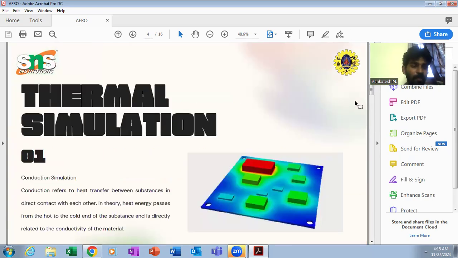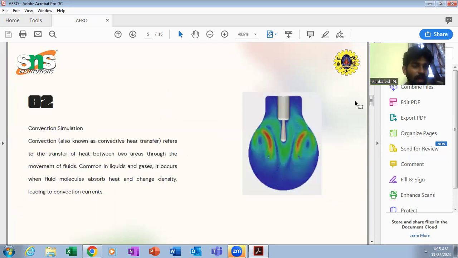issues. Conduction simulation: conduction refers to heat transfer between substances in direct contact with each other. In theory, heat energy passes from the hot to the cold end of a substance and is directly related to the conductivity of the material. And convection simulation, also known as convective heat transfer, refers to the transfer of heat